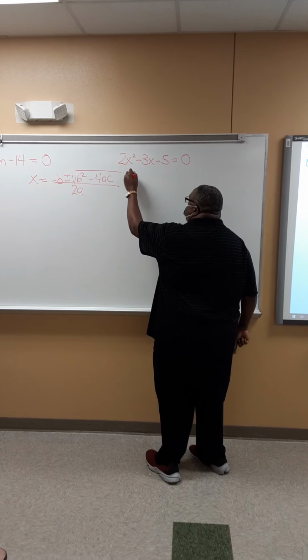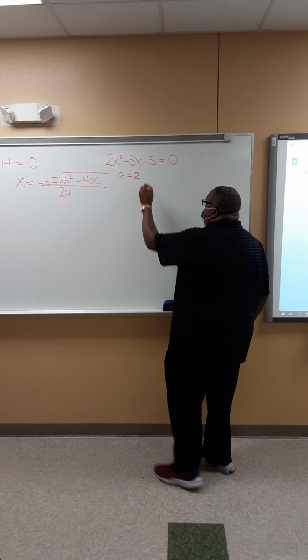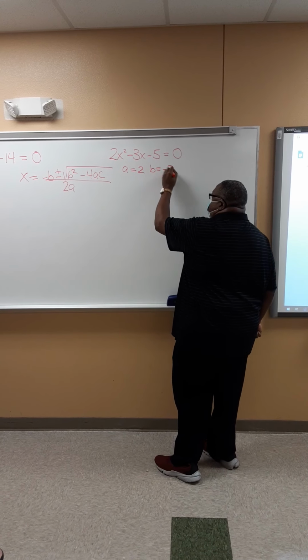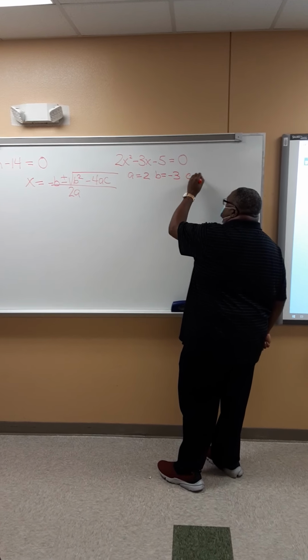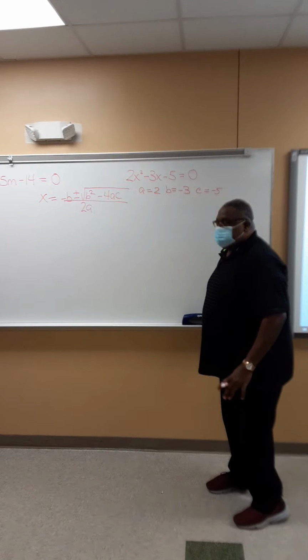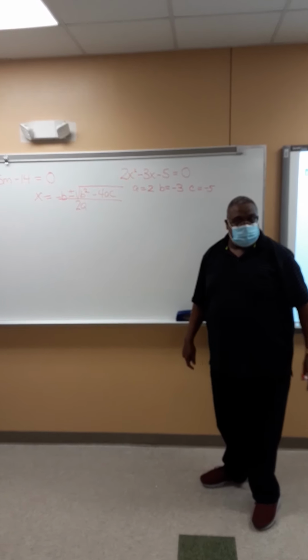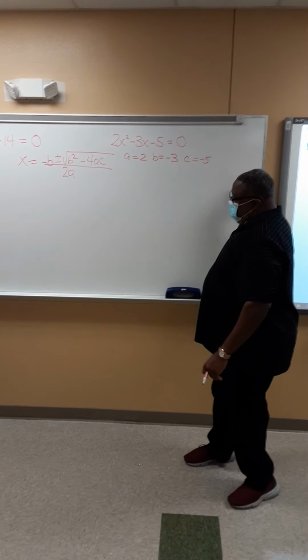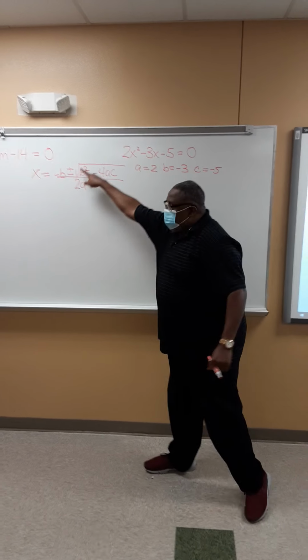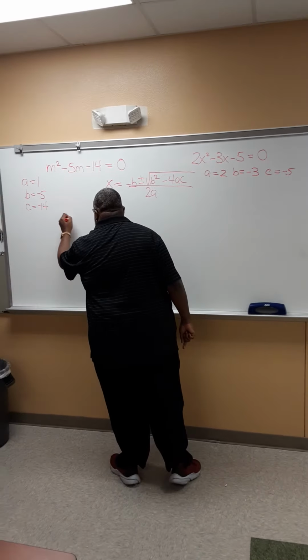So a is 2, b is -3, and c is -5. Okay? It's very important that you take the sign with you when you do it. Okay? I'm going to take these numbers and run them through that formula. Here we go. X equals